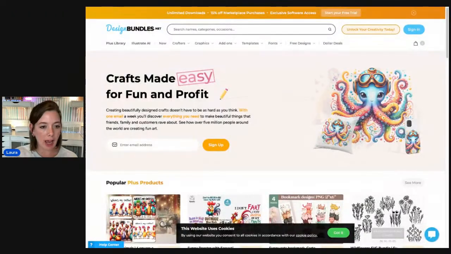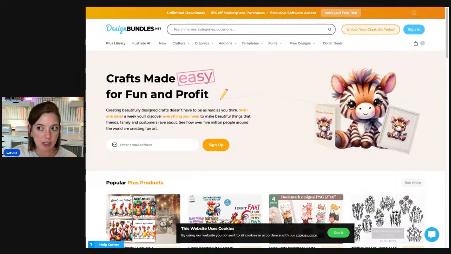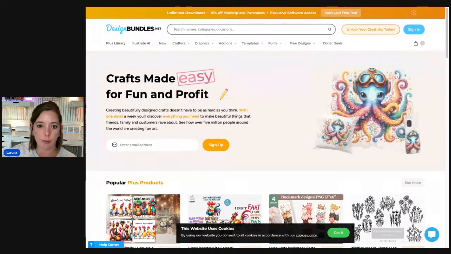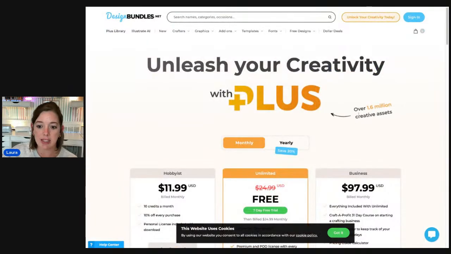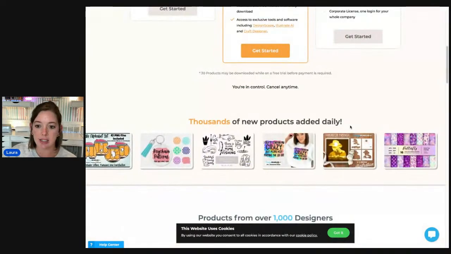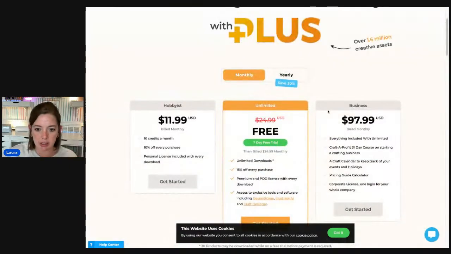Okay, so if you don't have any sort of login with Design Bundles, if you just go to designbundles.net, this is what you're going to see. So you need to go ahead and click this Unlock Your Creativity Today button, and when you do that, you should be able to create a free, 7-day free trial.